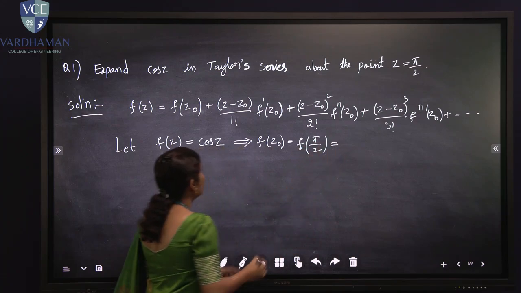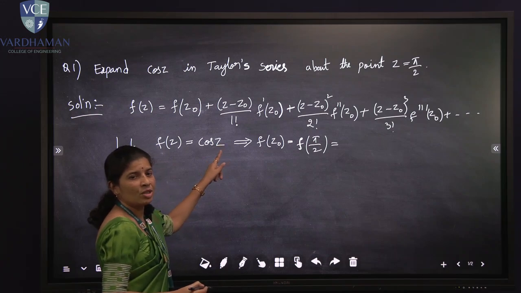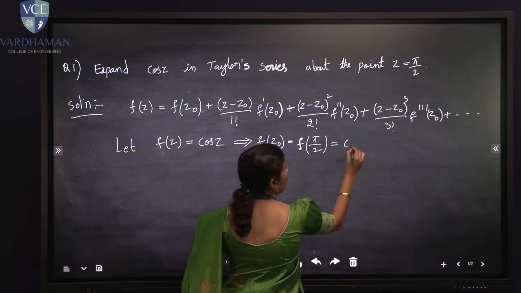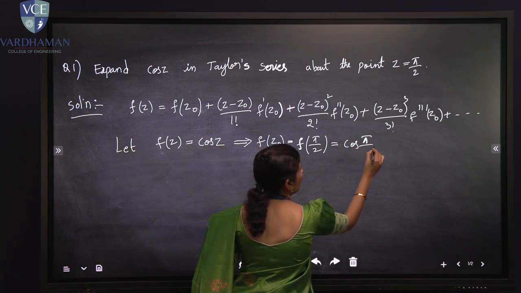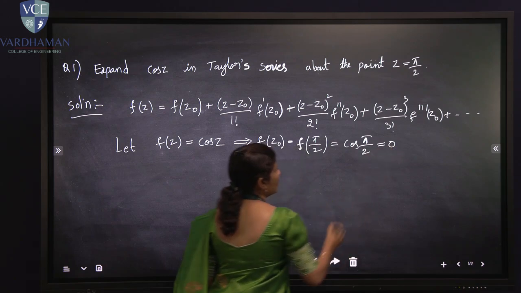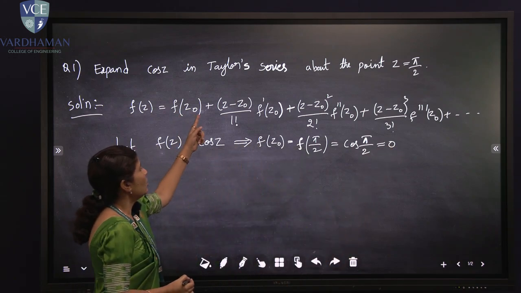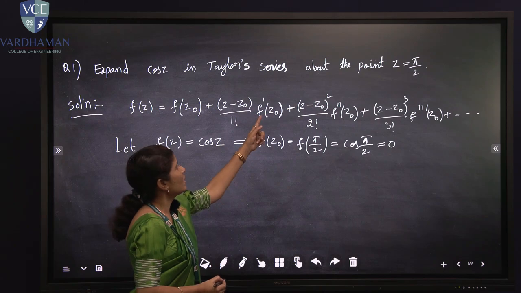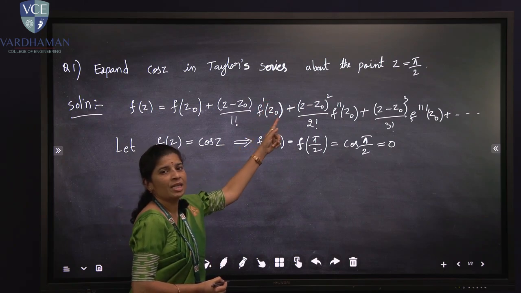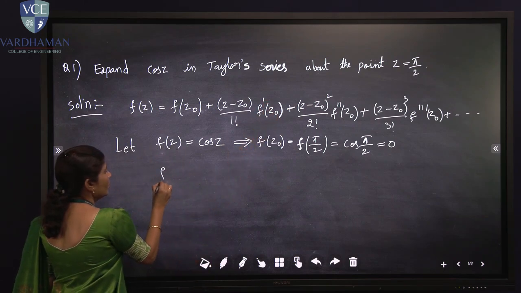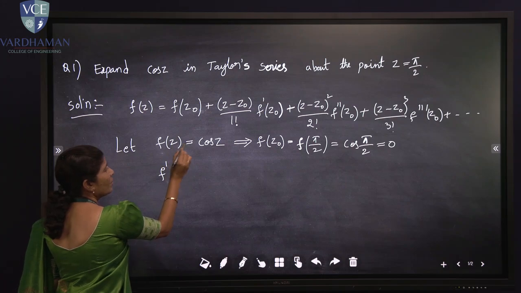f of pi by 2 means here we replace z equals pi by 2, that is cos pi by 2, and we know the cos pi by 2 value is 0. And this is the f of z naught value. In the expansion of the second term we have to calculate f dash of z naught, that is, we know the f of z value, and from this f of z